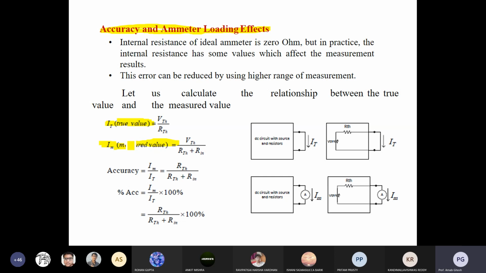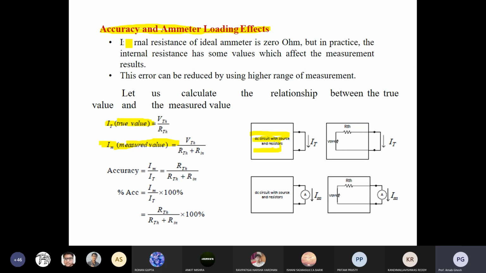So what is your actual value, and what is your true value? Actual value means what you are getting from the measured options, and true value means your reference value. I gave an example from our human body, called the reflex arc. First we touch the finger to the object. There is some reference value in our brain, the processing unit gives some threshold or reference value. That reference value is called the true value. How to find it? Here you can see it's a DC circuit with source and resistor.